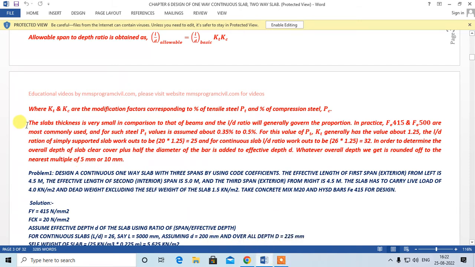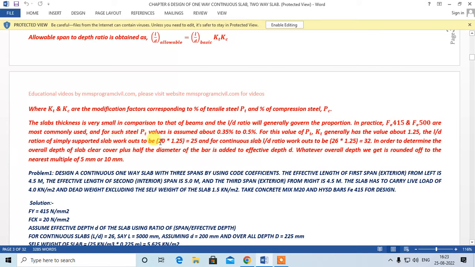Okay. Now, the slab thickness is very small in comparison to that of a beam, and L by D ratio generally governs the proportion. In practice, Fe415 and Fe500 are the most commonly used steel, and for such steel, PT value is assumed about 0.35% to 0.5%. For this value of PT, KT generally has a value of 1.25. So for the assumption of the effective depth of the one-way continuous slab, you can take KT as 1.25 at the initial stage,